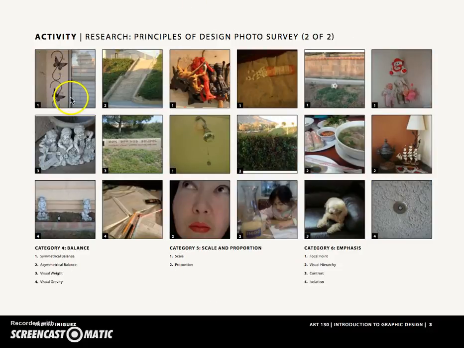Symmetry, this one I paused at and kind of wondered about. These two mirror each other and are symmetrical, but then from here to here, I feel some balance, but I almost would put it under the asymmetrical category. And I know a lot of them overlap and get confusing, but